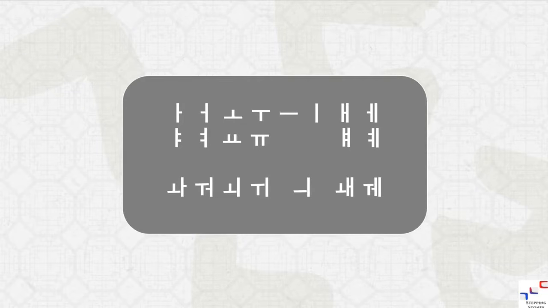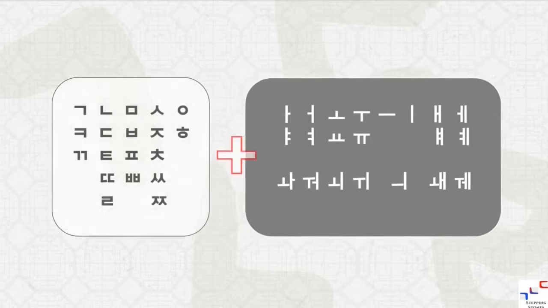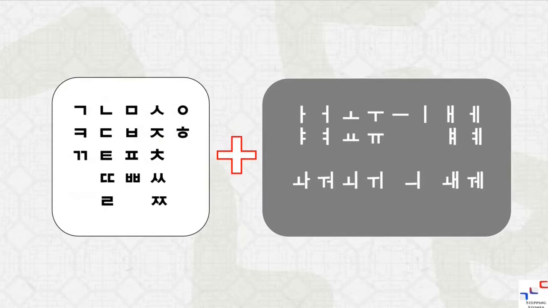Another thing that we mentioned from the last video is how Korean letters are formed, which is by combining consonants and vowels together to make one sound. If you don't remember this part, or if you never heard this before, I really want you to go back to watch our first video before you move on with this one.